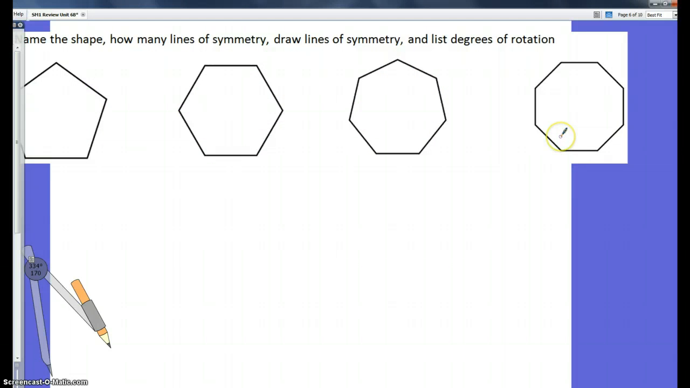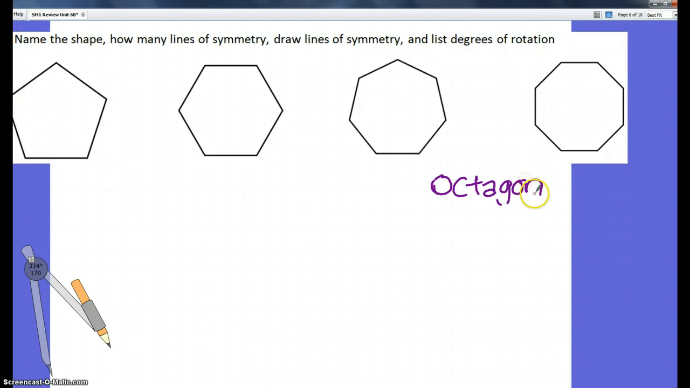Here on this side, you've got an octagon. It's 8 sides. Octagon. It's got 8 lines of symmetry, which is the same as how many sides it has. So you got 1, 2, 3,